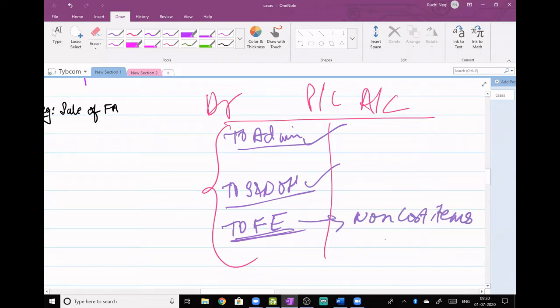So in the cost sheet we don't take it, but in financial accounting we do take it. So when you do cost accounting, financial expenses are not to be considered, but when you are doing a subject like financial accounting, financial expenses are considered. So you can understand the difference between financial accounting and cost accounting as a subject. CAS 1 says financial expenses are non-cost items, so while calculating total cost we will not consider it. Am I clear till here? Is it clear whatever I said just now?